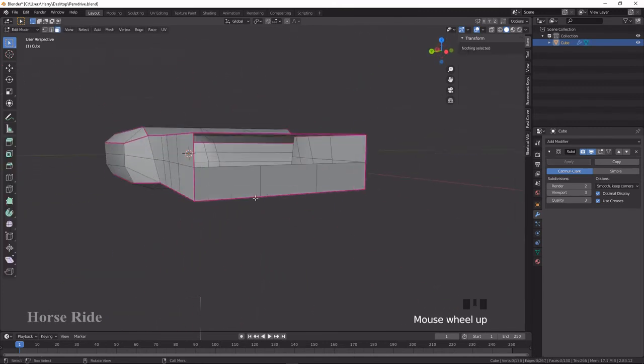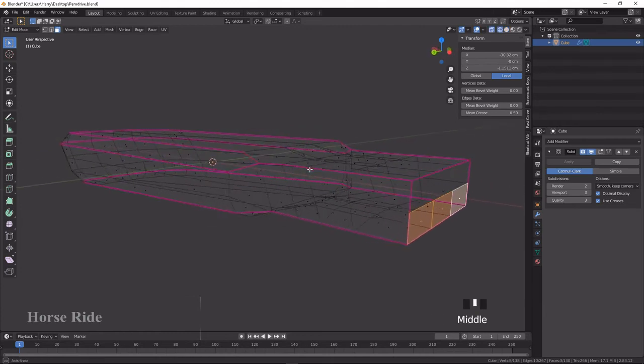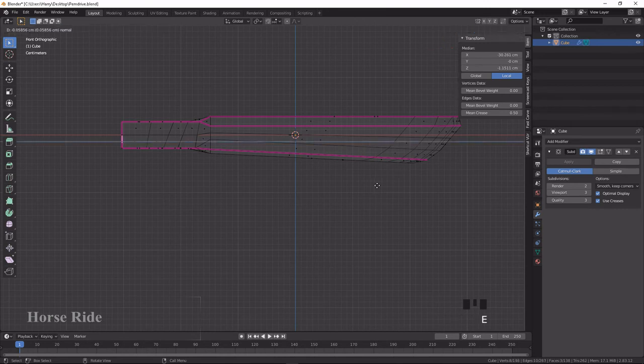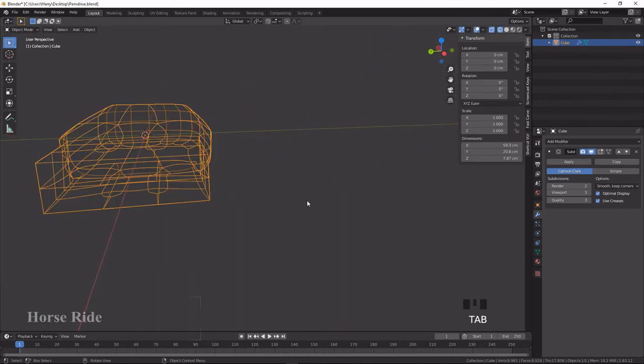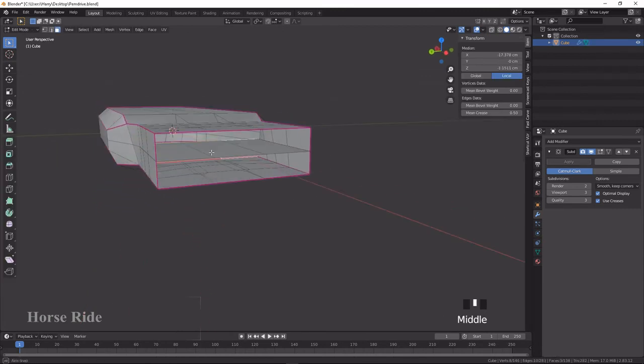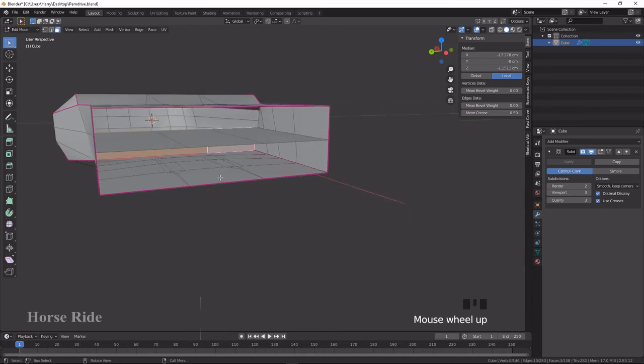Fine. So select these faces and go to front view, and press E to extrude in the X axis. So here we are going to create one more thing. Okay, let me see how it looks. Oh, it's very bad, because what we expected didn't come.